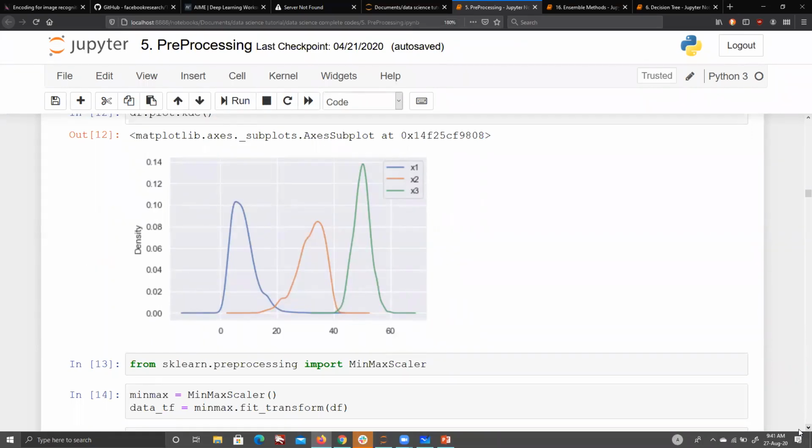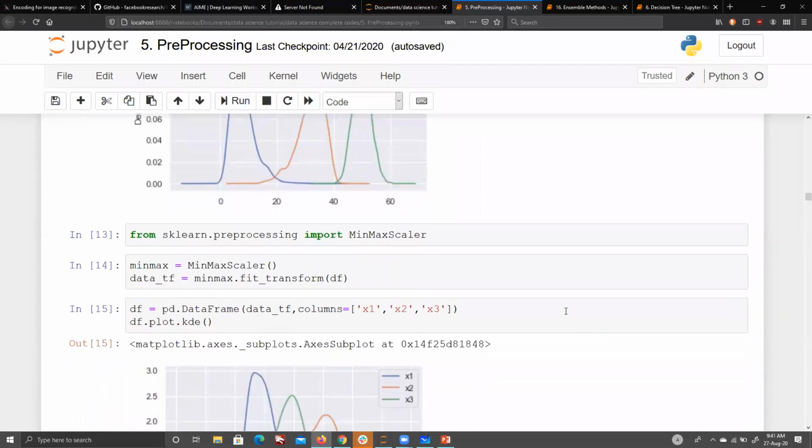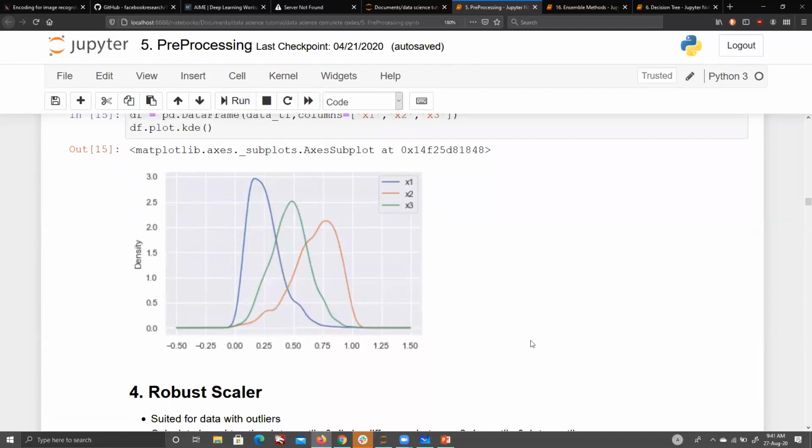Now, if you were to apply min-max transform or MinMaxScaler, and you were to transform all of them using fit_transform, this is how they will start to look. Their shape is still different. We are not saying that we will make their shape similar, but I guess you can see most values, or almost all the values, are between 0 to 1.